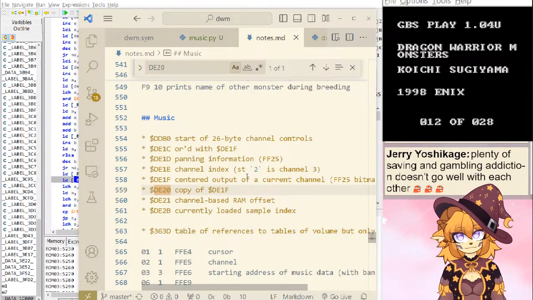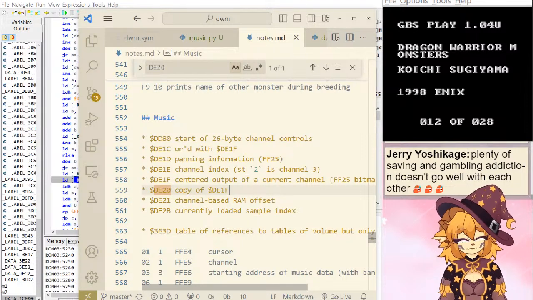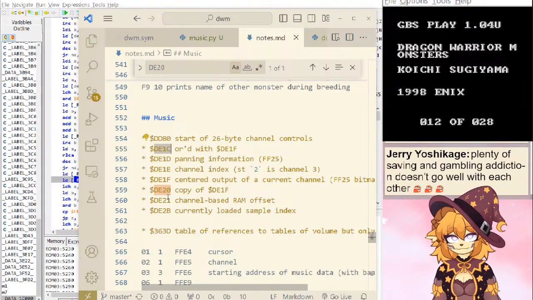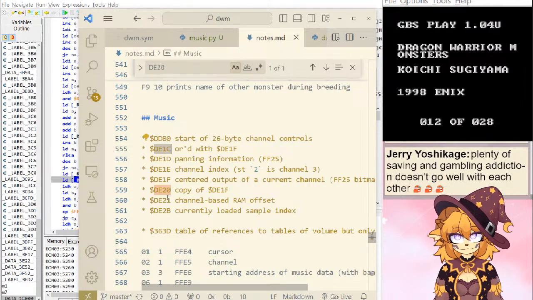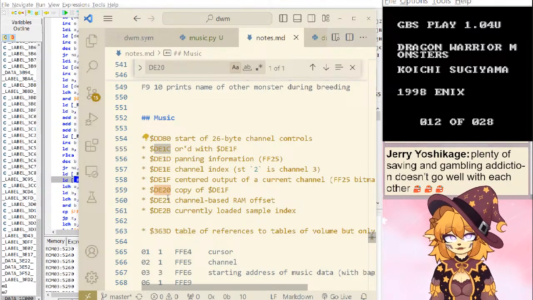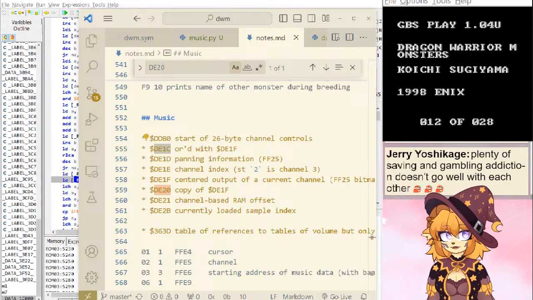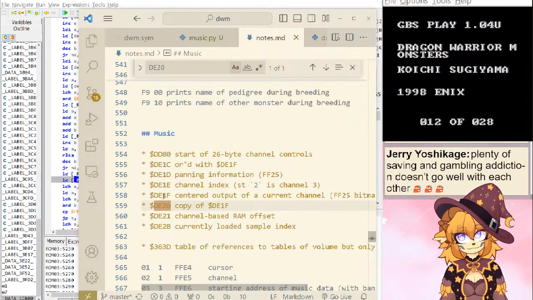It seems that everything is just constantly centered, which is expected, I suppose. I think it's probably using this DE1F and DE1C check to check progress of updating the channel output data, maybe? I'm not too sure. That's the only thing I can think of.